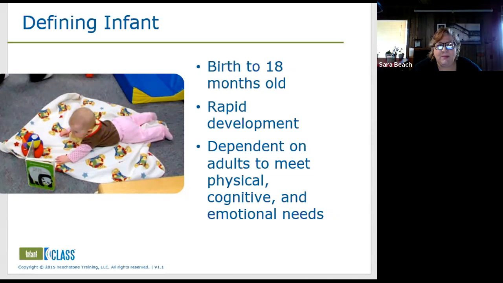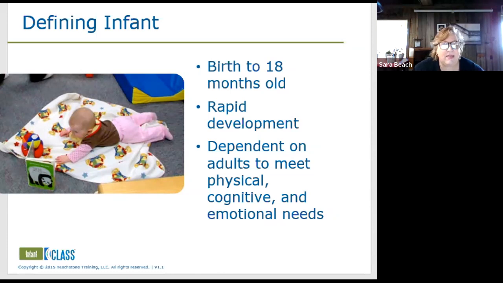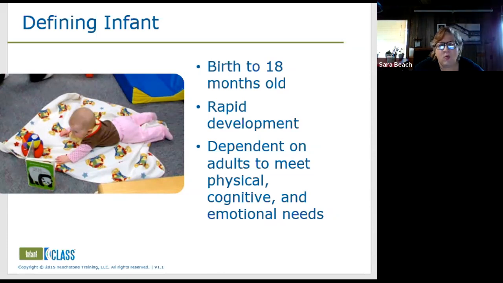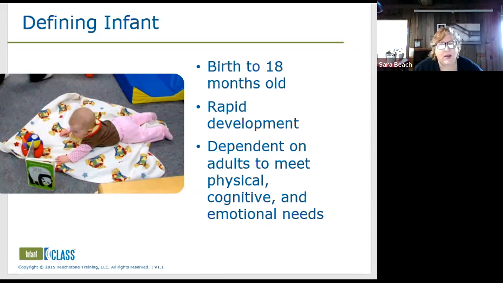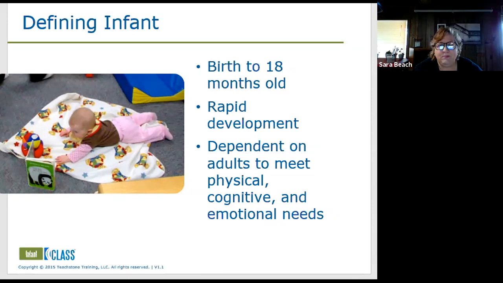But what we know about babies is that they have very rapid development. They're dependent on adults for everything, for every aspect of their development, right? We know from seeing babies in orphanages in Romania that they will not develop if they don't have adults meeting their needs. And that's what this tool is all about. And that's what's so beautiful about it: when we use this tool and apply it, we're doing all of the right things for baby's development.